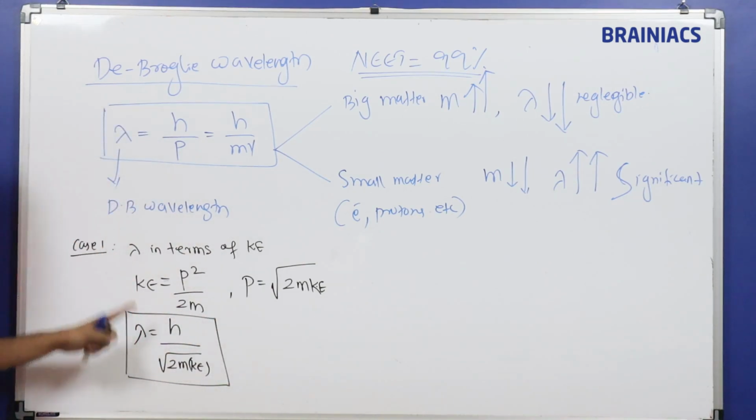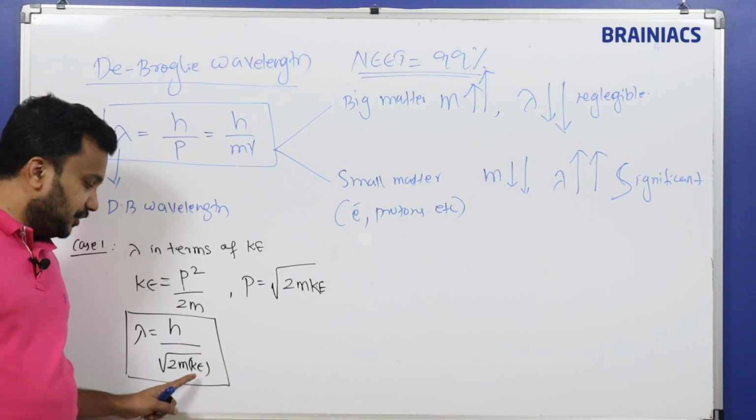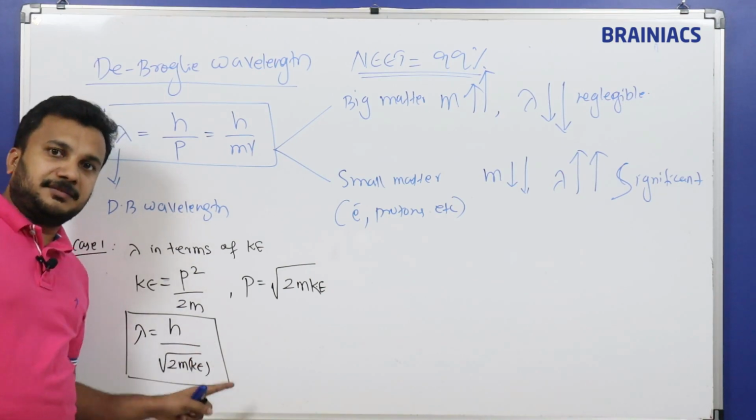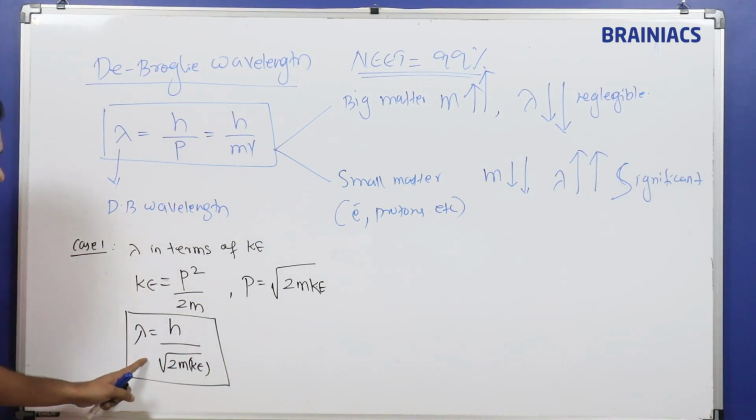This is the equation for de Broglie wavelength if the kinetic energy of the matter is given in the question. Then you have to calculate the de Broglie wavelength based on this. This is one way to write it. Another one